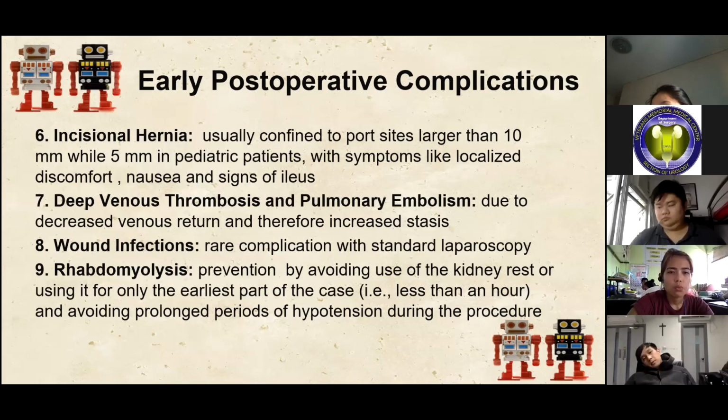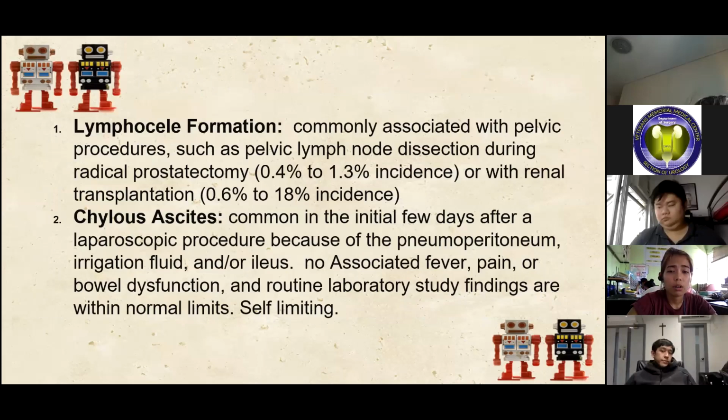Laparoscopy and rhabdomyolysis prevention by avoiding use of the rest or using it for only the earliest part of the phase and avoiding prolonged procedures such as pelvic lymph node dissection, radical prostatectomy, and ascites common in the initial 2 days after laparoscopic procedure because of the pneumoperitoneum, irrigation fluid or